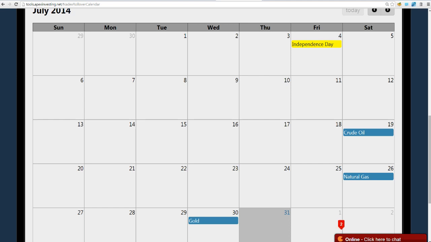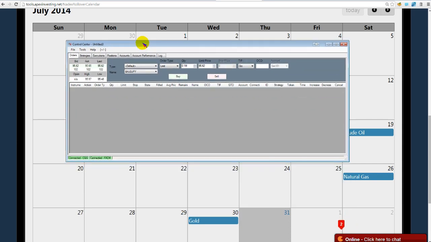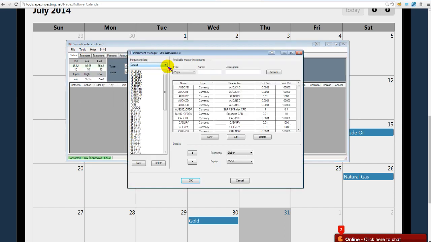Now, how do you do rollover? Let me go into that. I'm going to bring up NinjaTrader, and all right, we're going to go to Tools, then Instrument Manager, and under Instrument Manager,